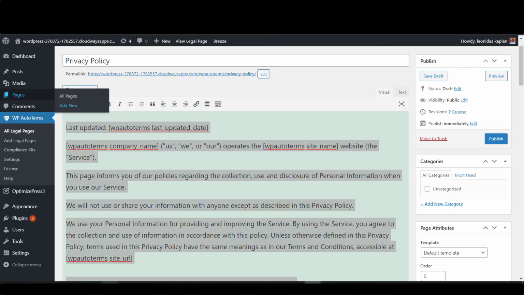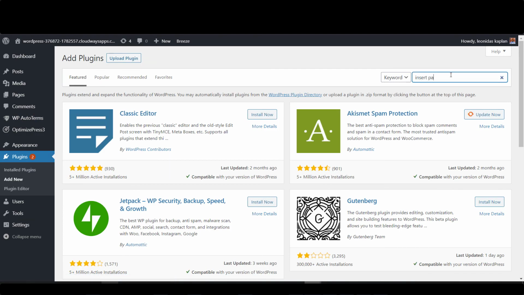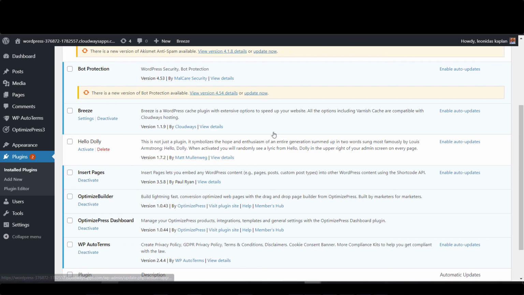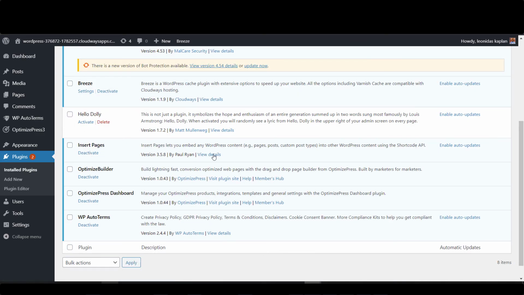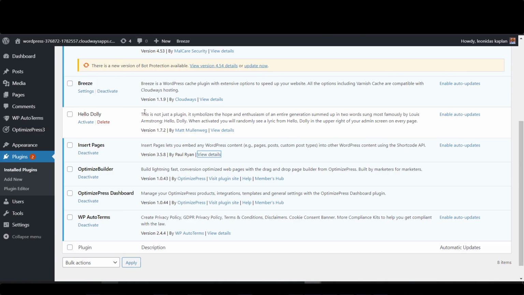So next up, we need to install another very specific plugin. To do that, we're going to go into Add New, and we're going to type in insert page. This plugin will allow us to insert one of our pages into our pop-up. So simply select install now, activate, and under insert pages, here's the shortcode that we need. We're going to copy this shortcode right here, copy, and we're going to go back to our